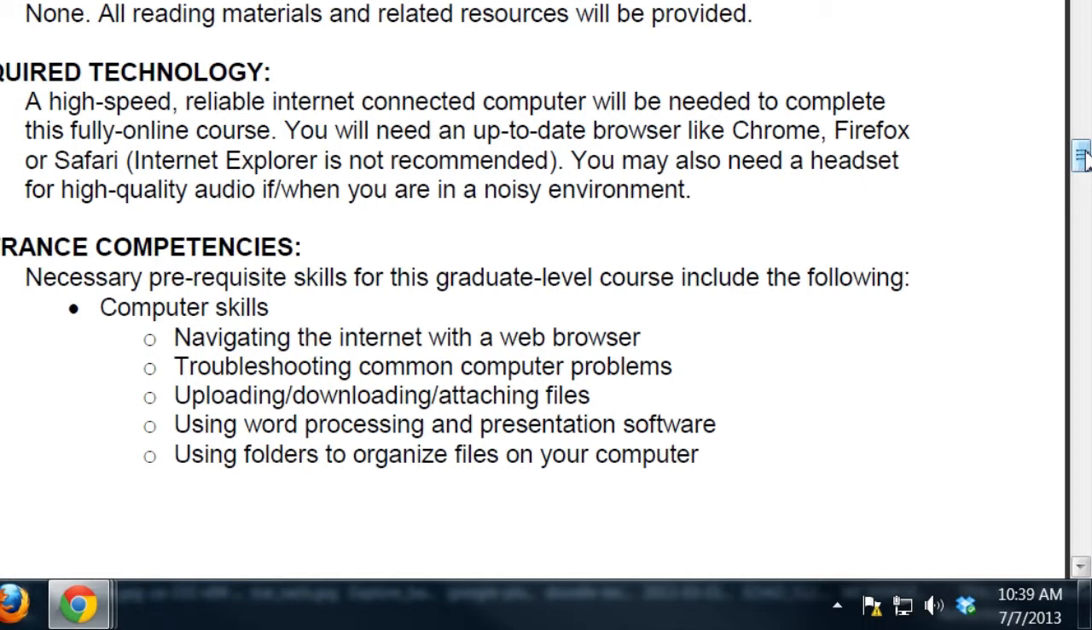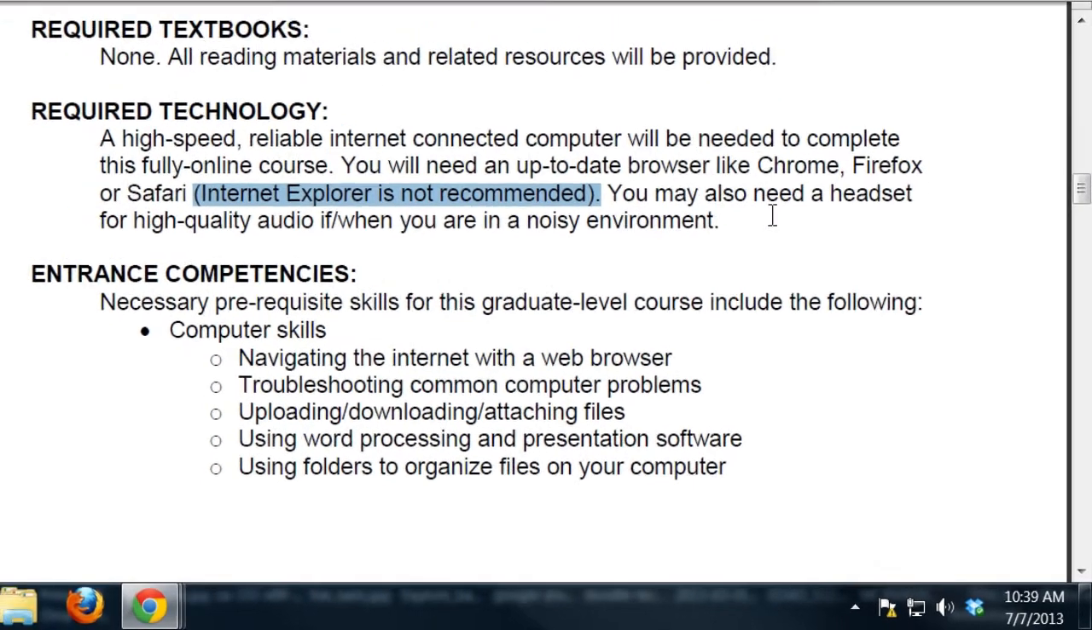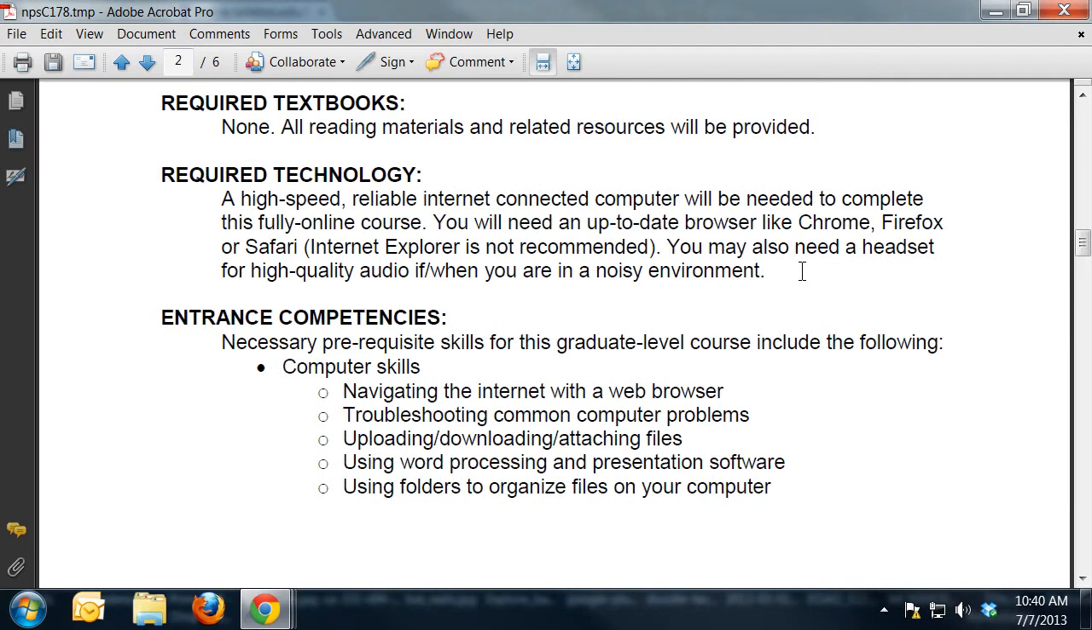And you can download those if you don't already have them by just Googling download Chrome or download Firefox or download Safari. One note here is that Internet Explorer is not a recommended browser. So you want to steer clear of that while you're logged into our course. You may also want to invest in a headset because there's quite a lot of video in this course,